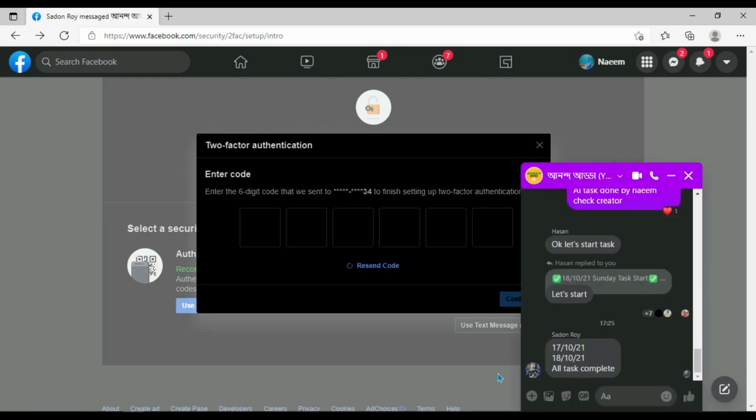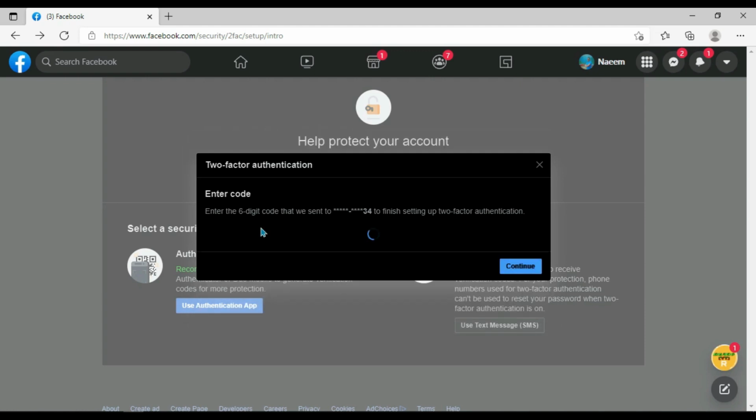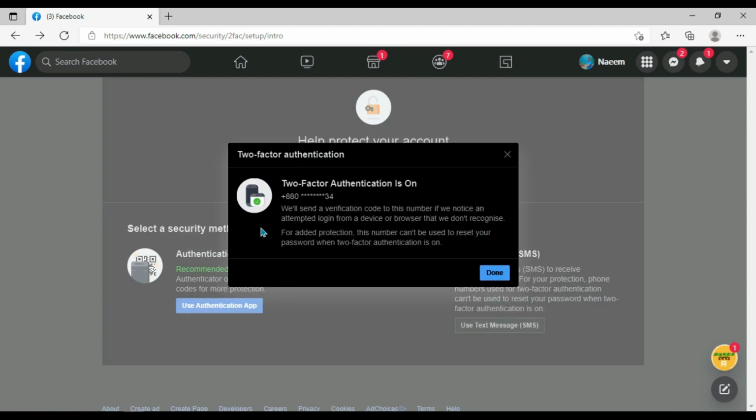Look, here is a field to enter the code in Facebook authentication. I check my phone. Two-factor authentication is on. Done.